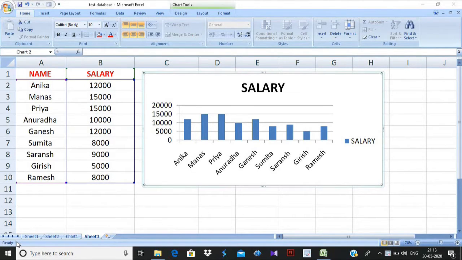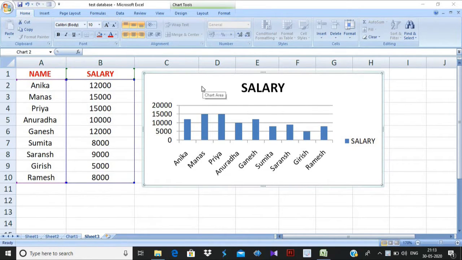Okay, how we will insert different chart elements in a chart. So we will see here one by one how we will insert the different elements of a chart. For that, first we have to prepare the chart. We have seen how to prepare a chart in an earlier video also. If you haven't seen that, go to the suggested box, and you can see the earlier video there.